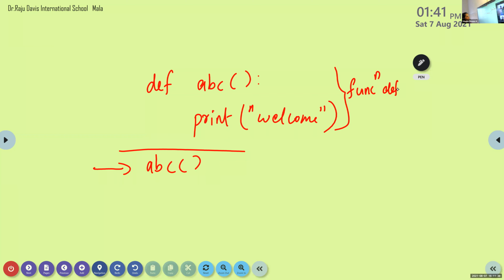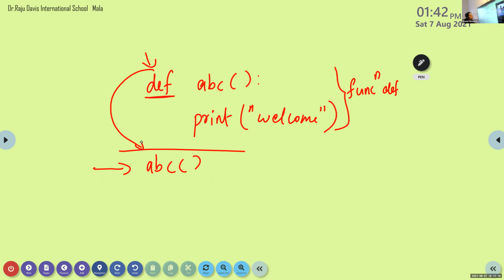So when the interpreter starts execution and encounters the keyword DEF, it will skip these two lines and go to the main program, because this is the starting of our program.